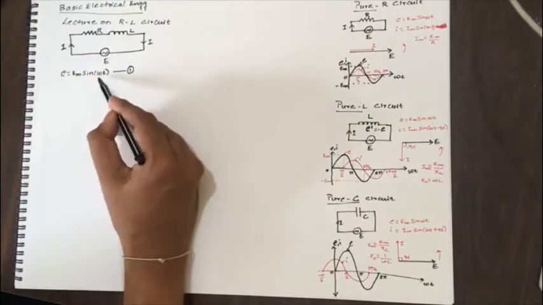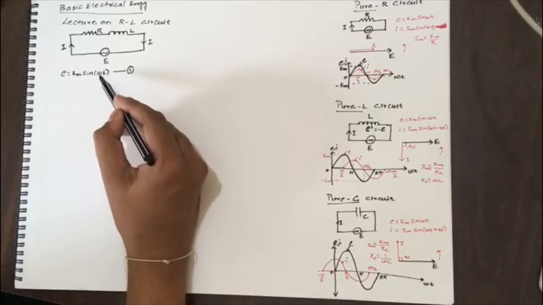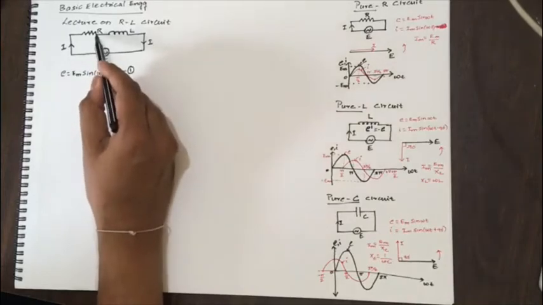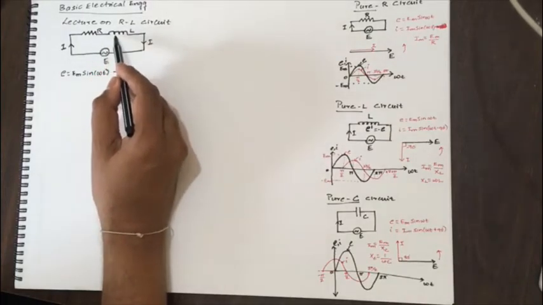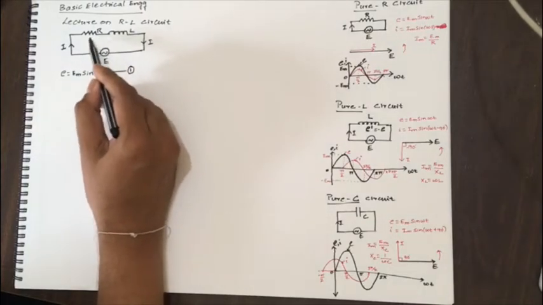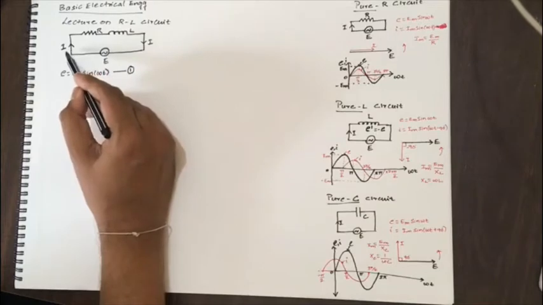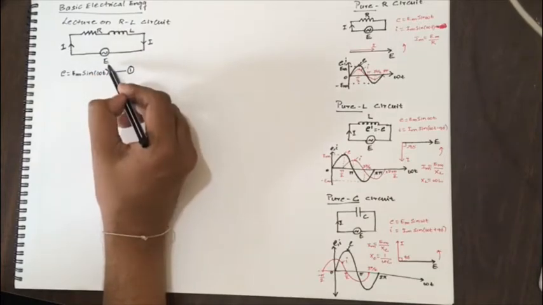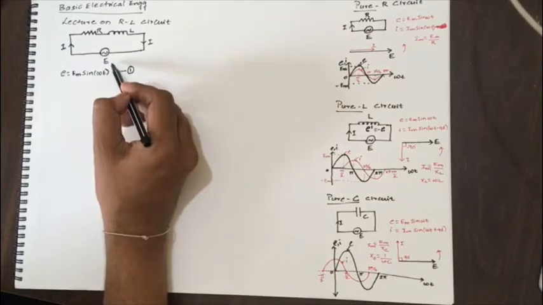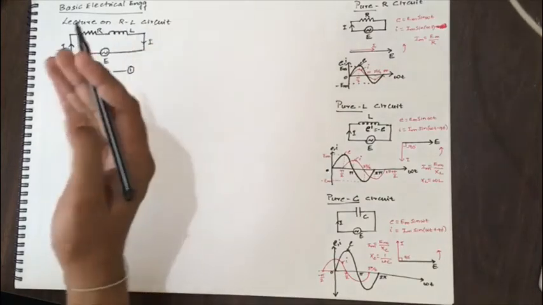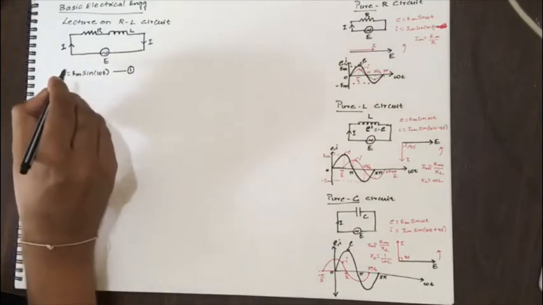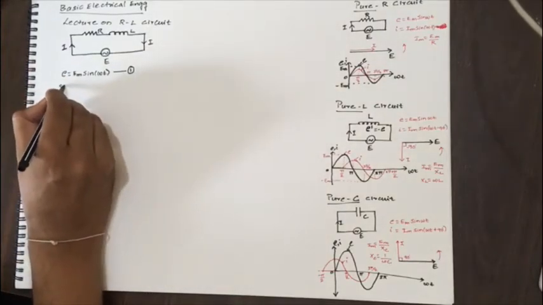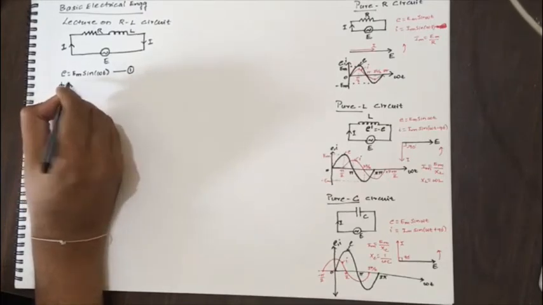Now, the current I that is flowing through R and L, definitely will be lagging behind this voltage E by angle not equal to 0 and also not equal to 90 degrees, because if it was pure resistance, it would have been equal to 0. If it was pure inductance, it would have been equal to 90 degrees. But because it is a combination of R and L, the lagging angle of current with respect to voltage E is between 0 and 90 degrees. For that, I will consider the lagging angle to be say some phi. Okay. Let us take this as phi.